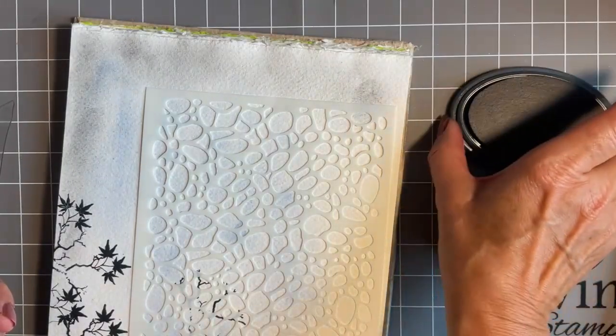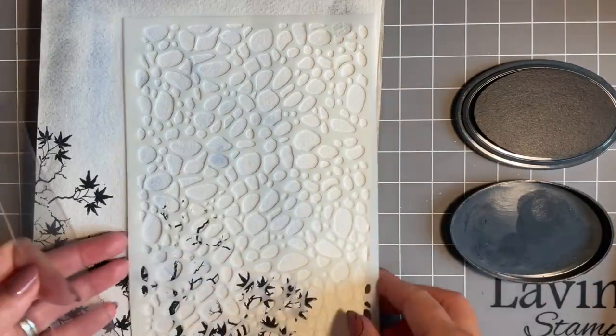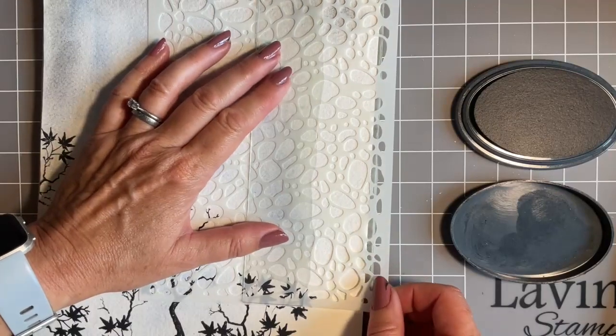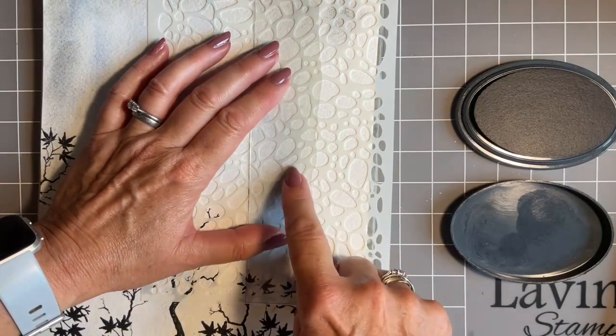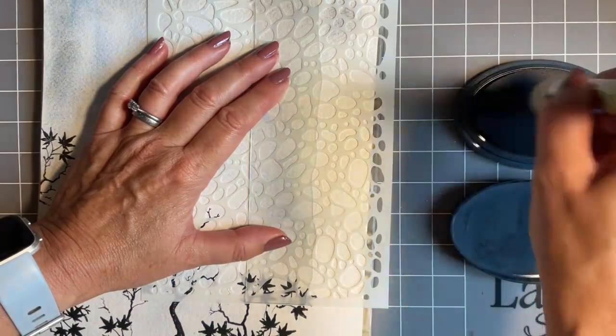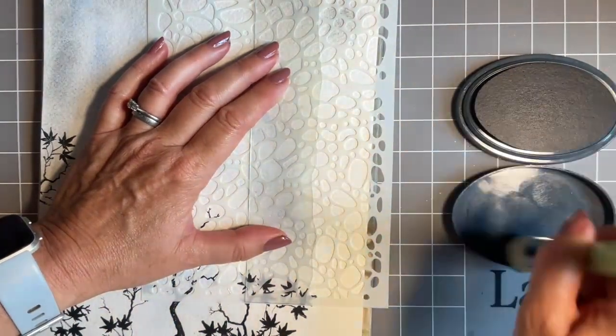That's the funniest thing with these. We never have space, do we? Well, when you start journaling. So what I'm thinking is I'd like the stones along the bottom. Now, if I use this, it would save putting masking tape on. So I'm thinking if I come in with the grey,